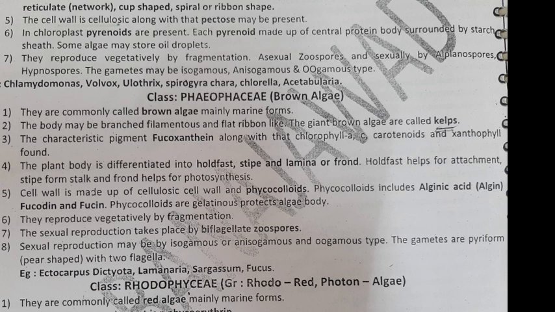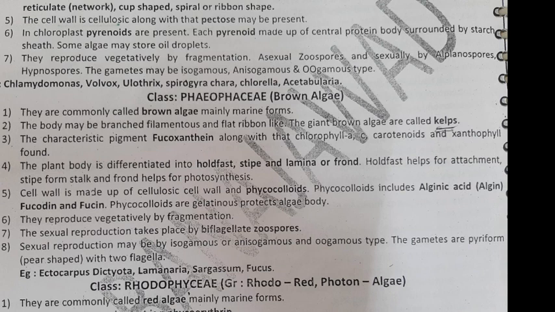It is not that much important, just remember. Then third point, the characteristic pigment present in Phaeophyceae is phycoxanthin. Along with that, chlorophyll A, carotenoids and xanthophyll are found. Okay. You have to remember the principal pigment present in the Phaeophyceae, that is